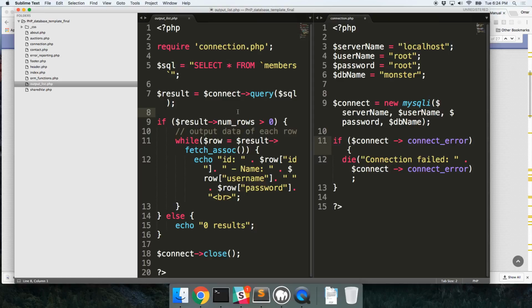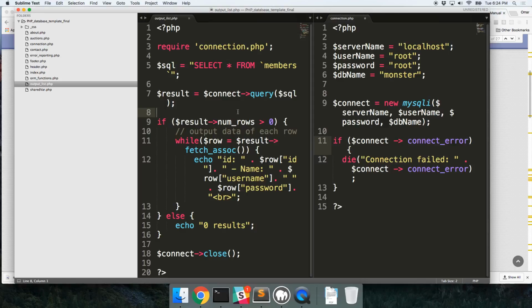Now, I have these different methods available to me when I get my result back. Okay? So the result that I get back has its own methods available. I know this because I've read through tutorials and documentation and everything like that, right? So this is what you get back, and this is what you only need to really know right now. If result, again, this is like what? Dot num rows is greater than 0. So what does that mean? It means if that table has more than 0 rows, then fetch the associative array and echo